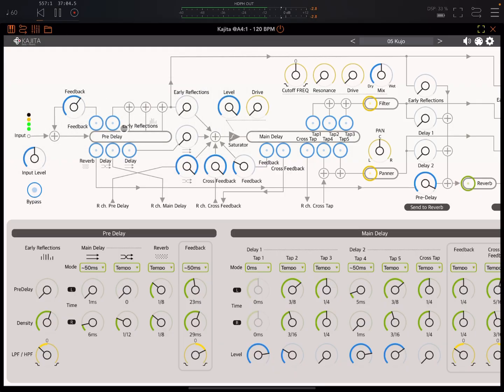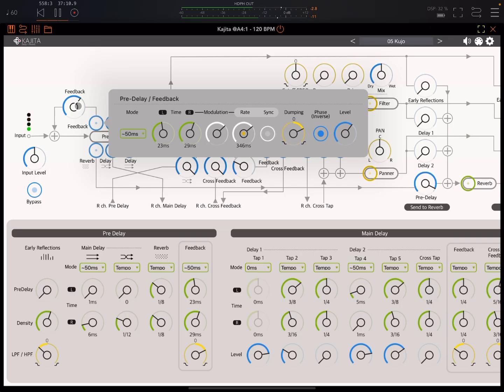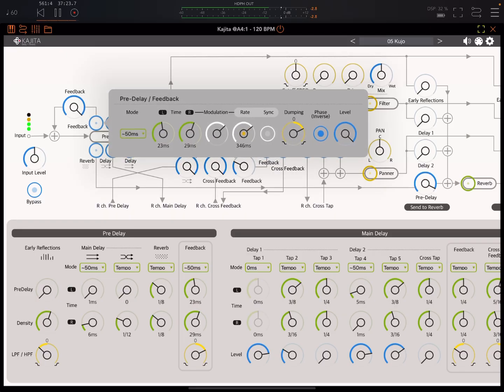So pre-delay section, feedback here. So this is related to this knob. If we have this down in this pre-delay section, we're only getting one echo, we're not getting any feedback. Turn that up and we're getting feedback, and if I then play with these, you'll hear